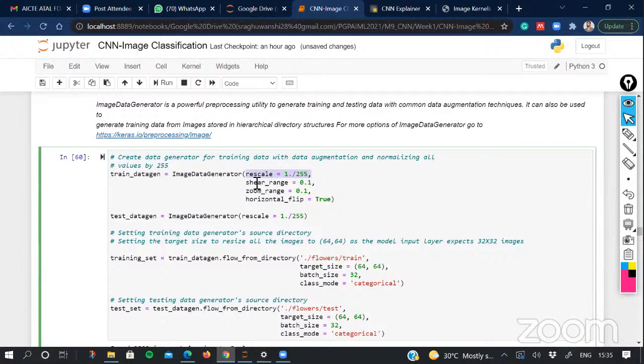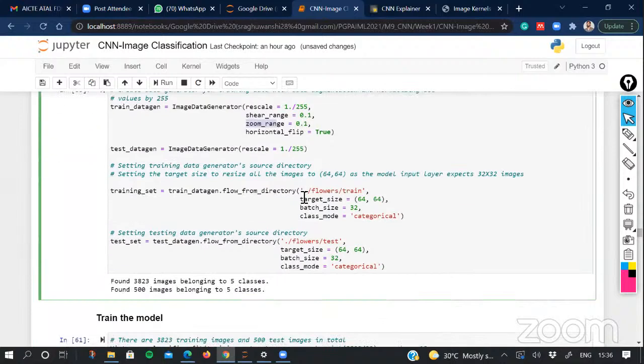Then these are the augmentation techniques that we are trying. We are applying some shear range, we are zooming the image by 10%, and we are applying a horizontal flip. We can add other properties also.